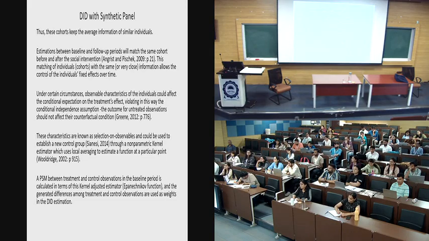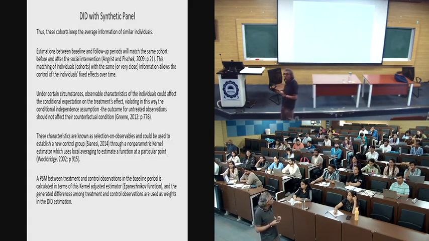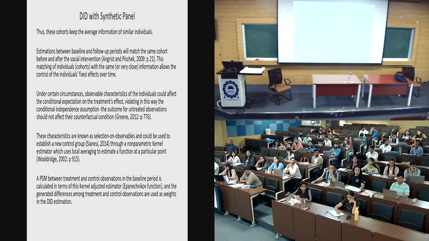Estimation between the baseline and follow-up period will match the same cohort before and after the social intervention, right? So the intervention took place. I want to match the cohort before the intervention and after the intervention, okay? And then this matching of cohorts with the same information allows the control of individuals over the time period. Here the only assumption I believe is that the individuals belonging to a cohort would behave exactly in the